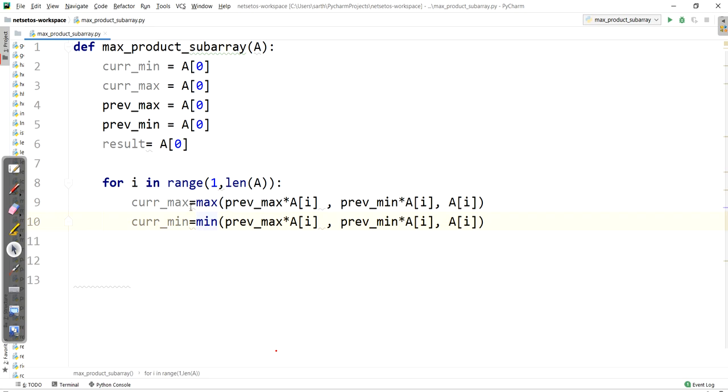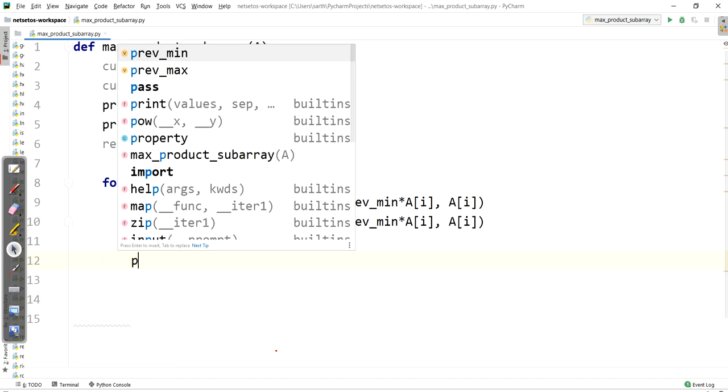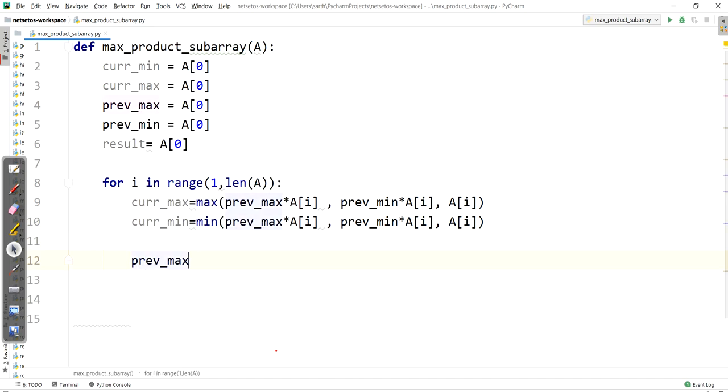Then for the next iteration, we will take this current max to previous max. Similarly, current min will be stored in previous min for the next iteration.